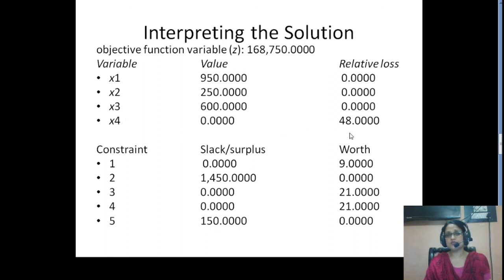So I hope students you are clear with these values. I'm once again repeating because you should understand how to interpret the solution. So 950, 250, 600 are the numbers of small table, medium size table, large size table. This is the relative loss. It means if you are producing these quantities, you will not incur any loss. But if you produce even a single unit of X4, you will face the relative loss of 48. So its contribution should rise to 138 pounds. Then it will be feasible to produce X4, that is your ornate table, right?